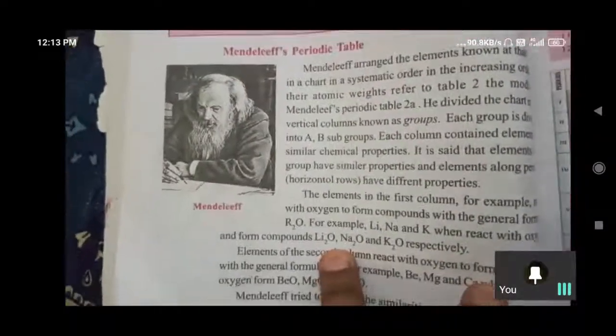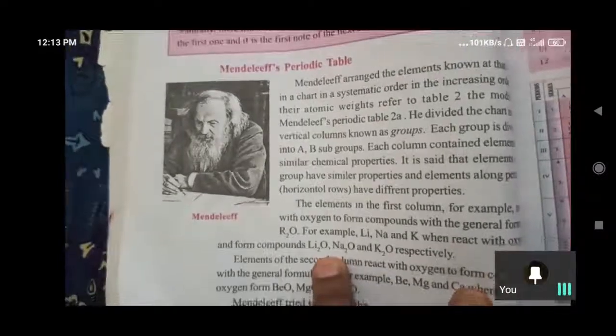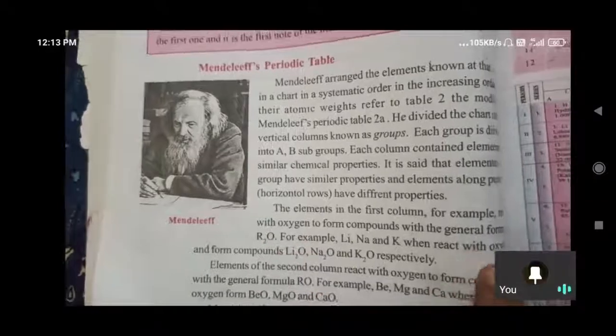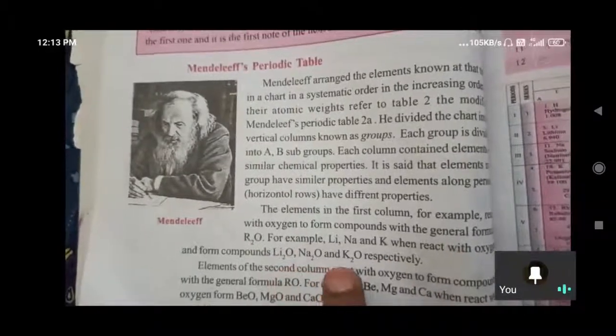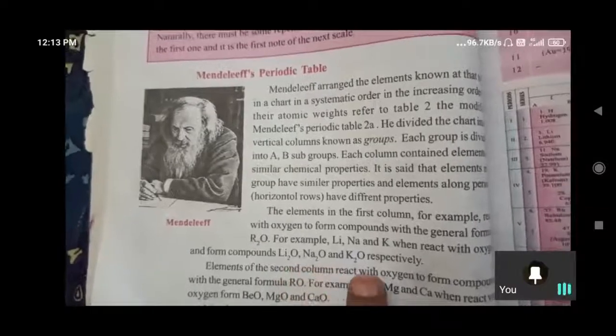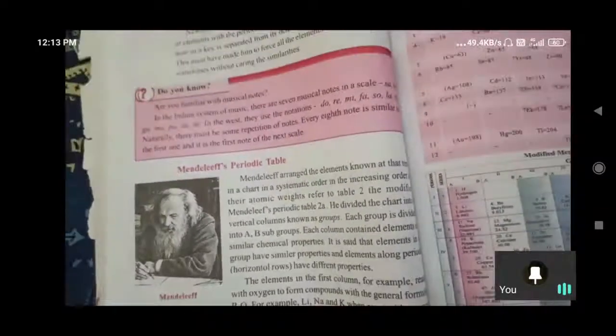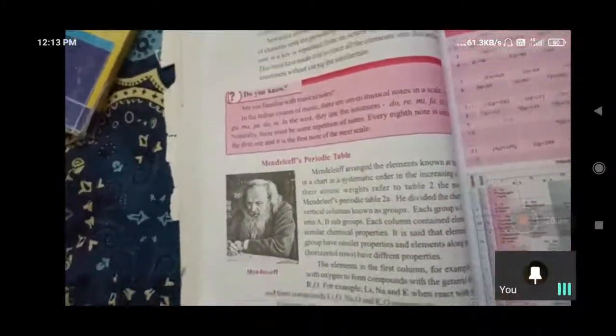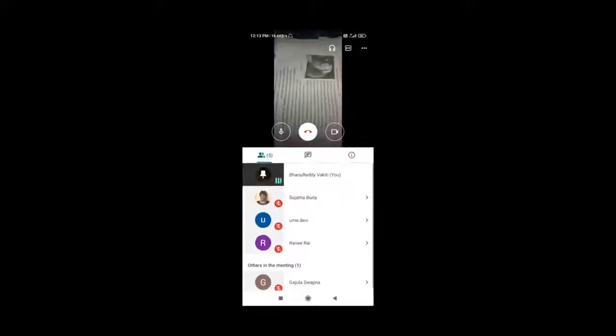So here according to the valency, oxygen to react ayinappudu R2O, here R we are representing as lithium, sodium, potassium. So Li2O, valency 1 unna elements oxygen to react ayinappudu those all come under first column. So in that manner he arranged. And valency 2 elements like barium, magnesium, calcium, these all he has taken